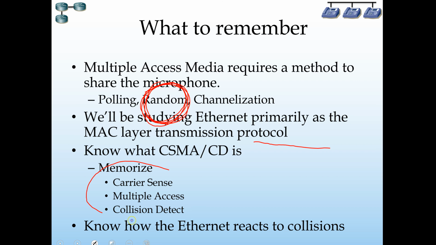And you must memorize carrier sense, multiple access collision detect. Carrier sense, listen first. I'll put an ugly ear here. There we go. Listen first. Remember, there are lots of people. Give this guy some hair. And then you have to listen for collisions and then know how Ethernet reacts. It backs off and waits a random number from 0 to 2 to the n, where n is the number of collisions that you've had.